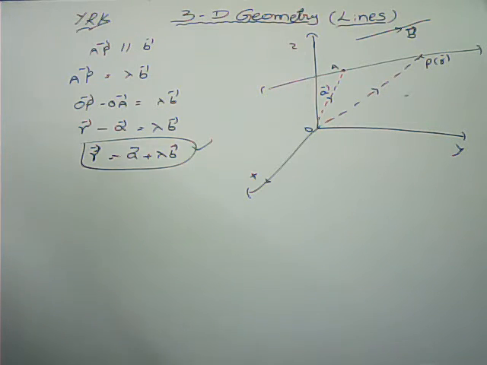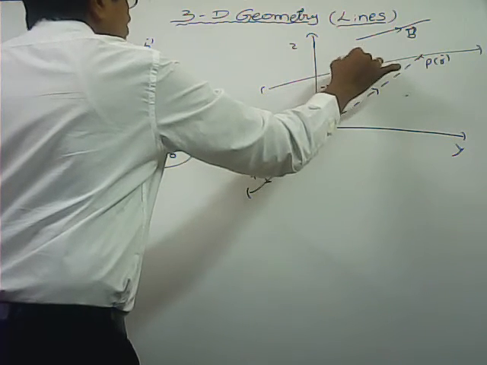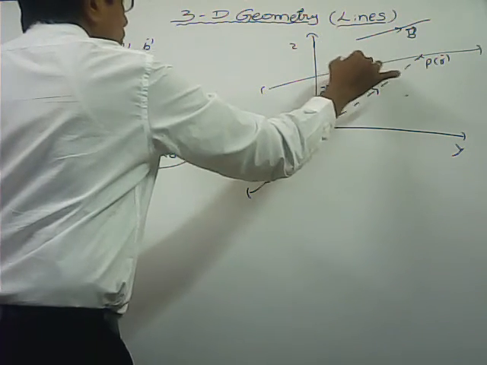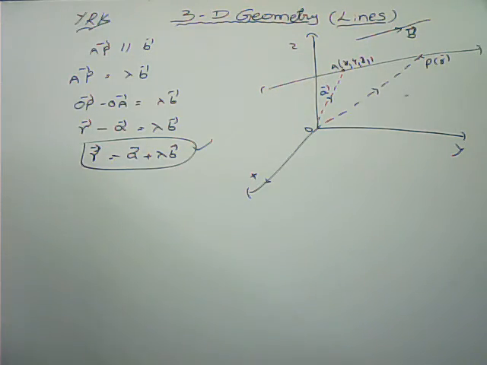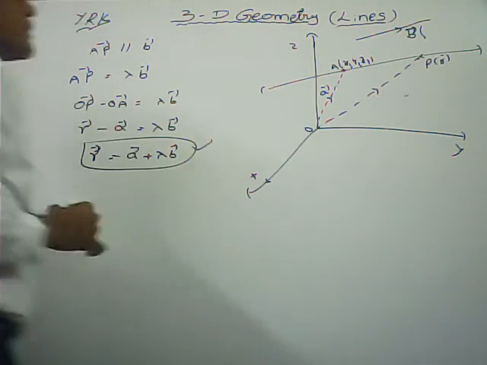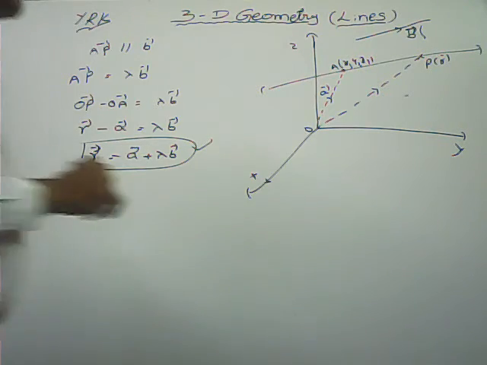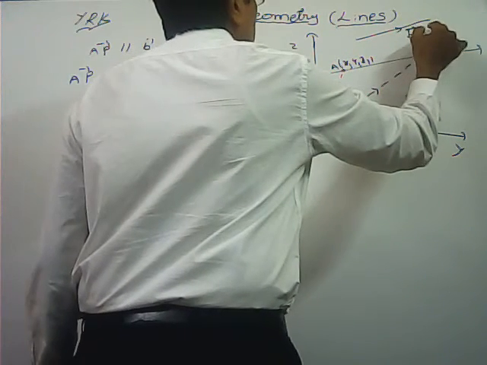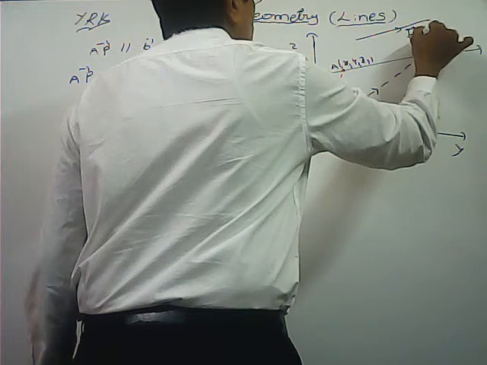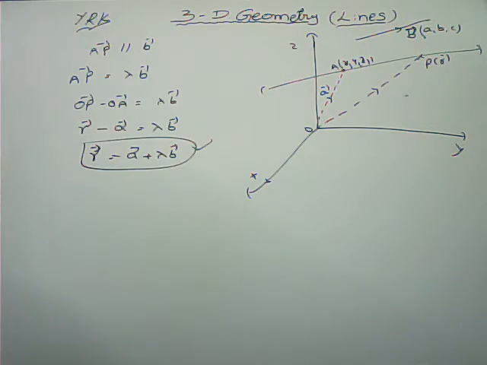To write it in the Cartesian form, this one we say vector form only, passes through the point A. Here I am taking the coordinates of A as x1, y1, z1, and parallel to B bar, the direction ratios. Always we have to consider the direction ratios for a line. Here I am taking B bar equal to a, b, c, meaning a i cap plus b j cap plus c k cap. So a, b, c are the direction ratios of that vector.